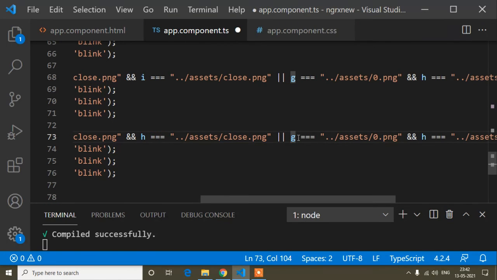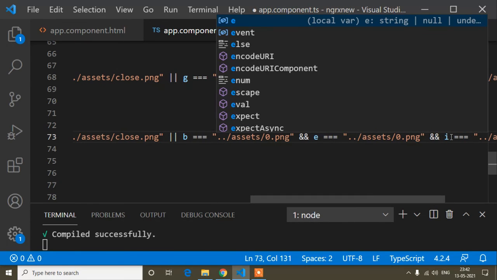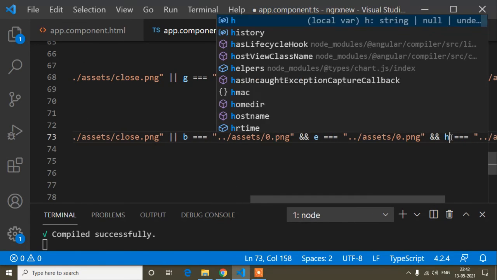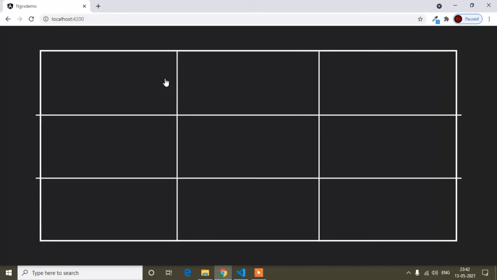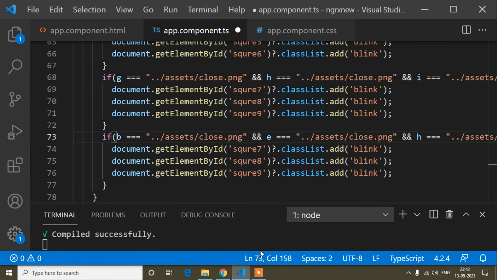So here is B, E and H. Okay, so B E H means 1 2 3 4 5, so 2 5 6 7 8, 2 5 8. So the square ID is 2.